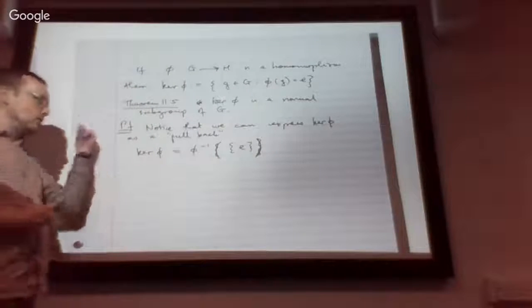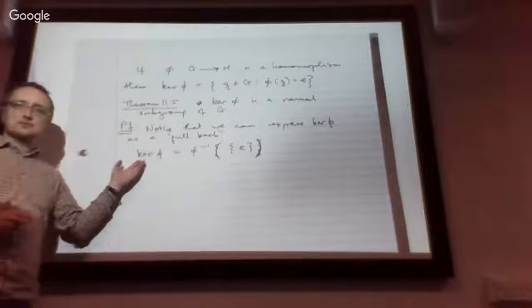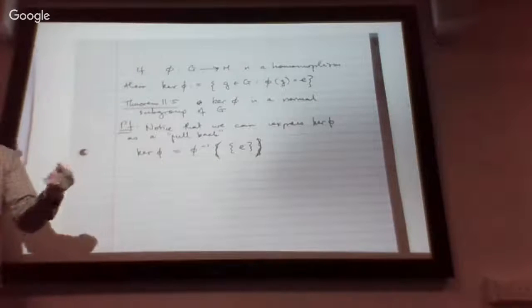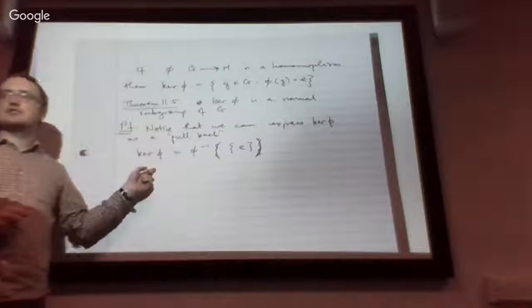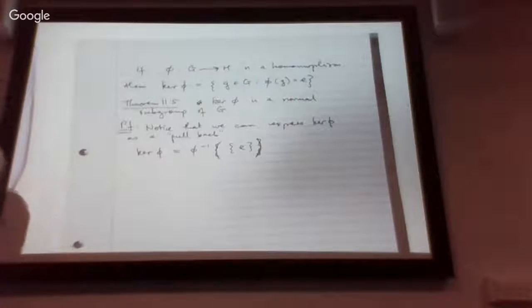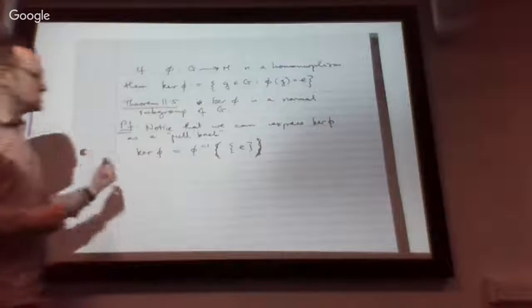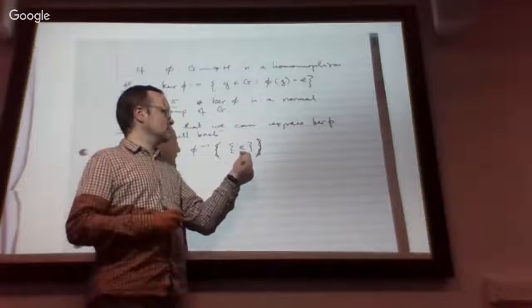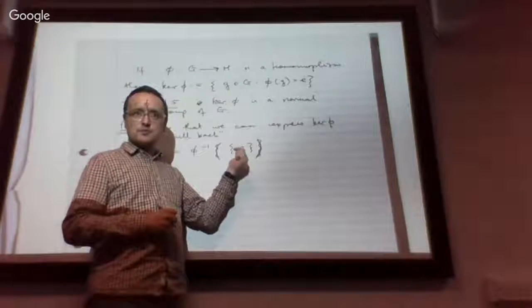So certainly, we've already proved that pullbacks of subgroups are subgroups. Additionally, we also proved that pullbacks of normal subgroups are normal subgroups. And the trivial subgroup is always a normal subgroup within whatever group it's in. Remember, the condition for normality was that the left coset of the subgroup was always the same as